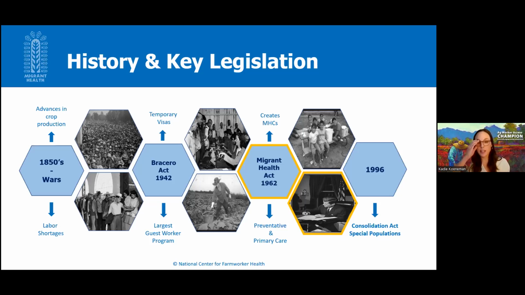So in 1996, Congress approved the Health Center Consolidation Act. This act authorized the consolidation of migrant, community, home, and homeless sections of the Public Health Act under the umbrella of 330 programs. Under this consolidation, migrant health money was integrated into community health funding and expanded its reach to include aged and disabled agricultural workers. Section 330 of the Public Health Service Act defines the Health Center program as a funding opportunity for organizations to provide healthcare to underserved populations.